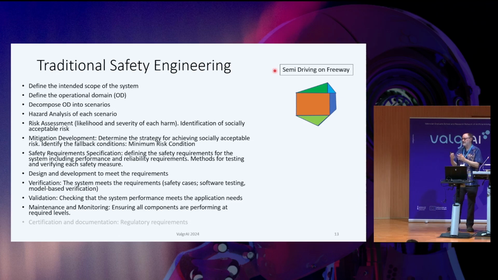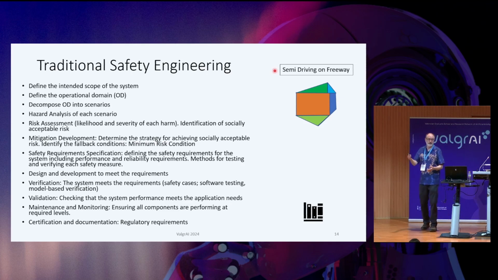Then there's the issue of maintenance and monitoring. We need to be watching the system, and we saw, again, I think the closest thing to safety engineering today is those water companies who are building IoT system sensors to monitor the entire water network, to have situational awareness about what's happening, and simulation models and so on. That's in this thing. And in some application domains, in medicine and in aircraft, for instance, there are very strict regulatory requirements for certification and documentation.